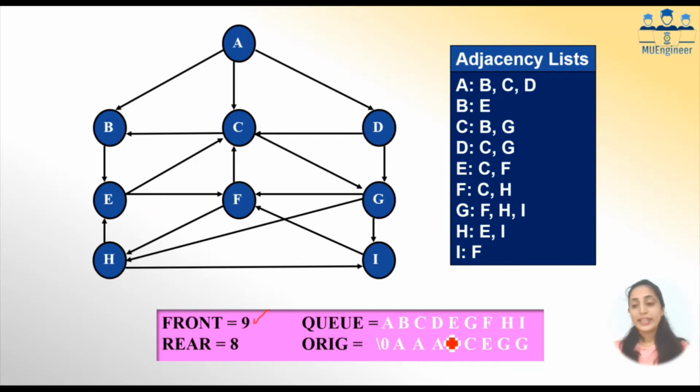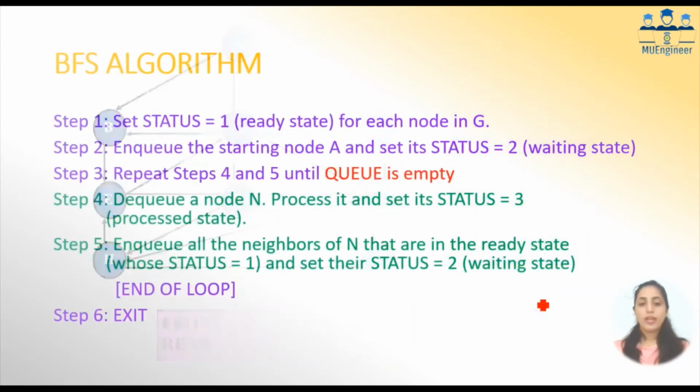And now I have deleted everything from my queue and nothing is to be added in the queue. In this case, your front is actually greater than rear. This is the case which we use to check whether a queue is empty. So whenever your front is greater than rear in a linear queue, we say the queue is empty. So now my queue has become empty and I have visited all the nodes. Okay. So we will stop this particular loop, that is, the queue is empty.